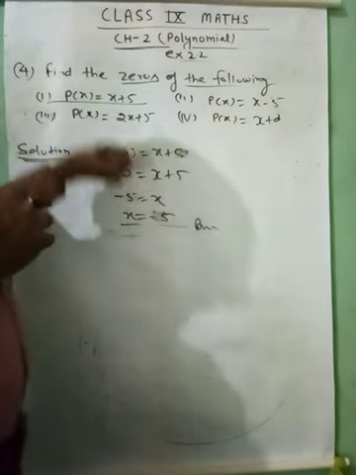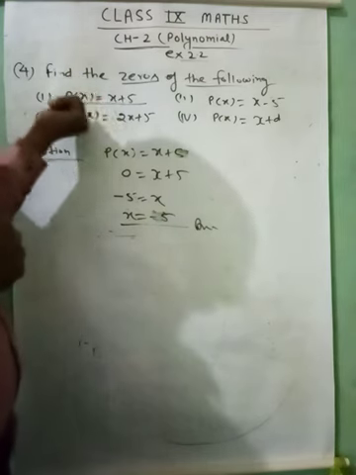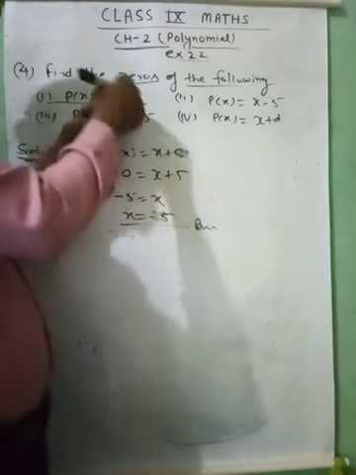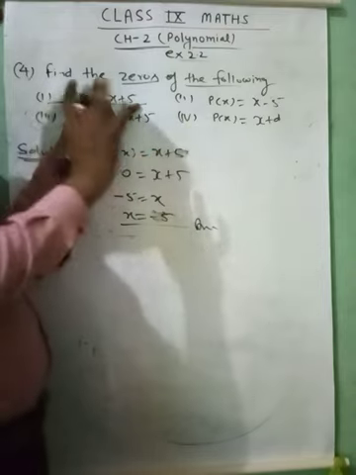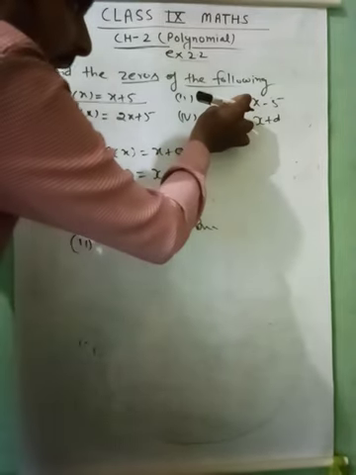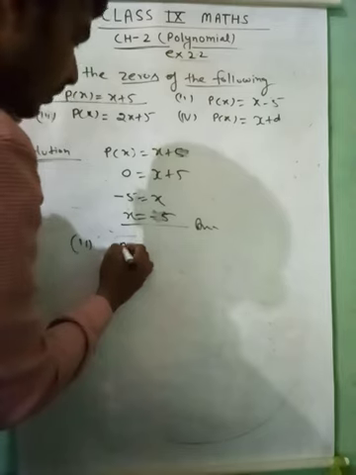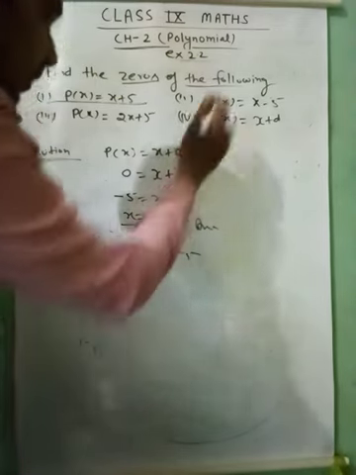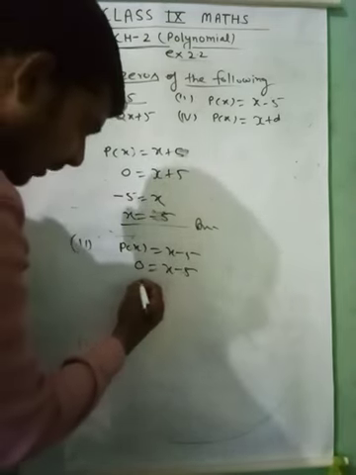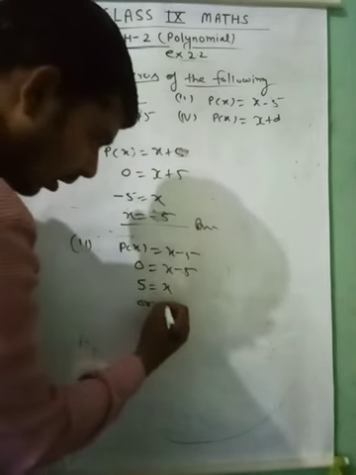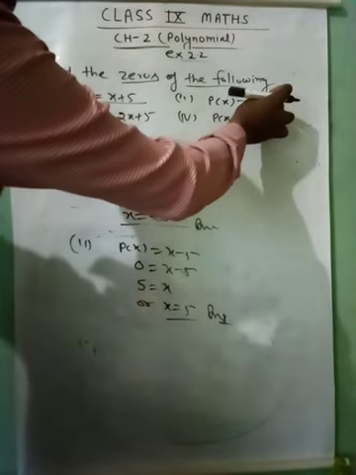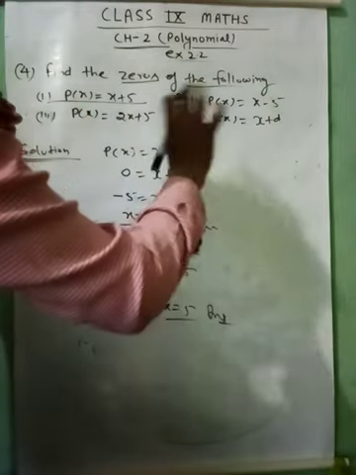कहने का मतलब ये इक्वेशन था, इसका जीरोस कैसे निकालेंगे, सबसे पहले इसके जगह पे जीरो रख दो, x की वैल्यू निकाल दो, ये आया। अब अगर इस इक्वेशन में हम x की वैल्यू minus 5 रखते हैं तो इसकी वैल्यू 0 हो जाएगी। तो बात समझ में आ गई किस तरह निकालेंगे। दूसरा इक्वेशन, इसमें जीरोस निकालना है तो इस साइड जीरो हम रख देंगे, p(x) is equal to x minus 5, तो इसके जगह पे 0 is equal to x minus 5, तो minus 5 को इस साइड हम लेकर आएंगे, ये प्लस हो जाएगा, x is equal to 5, ये आंसर होगा। यानी इस इक्वेशन में अगर हम x के जगह पे 5 रखते हैं तो ये जीरोस हमारा सेटिस्फाई हो जाएगा।